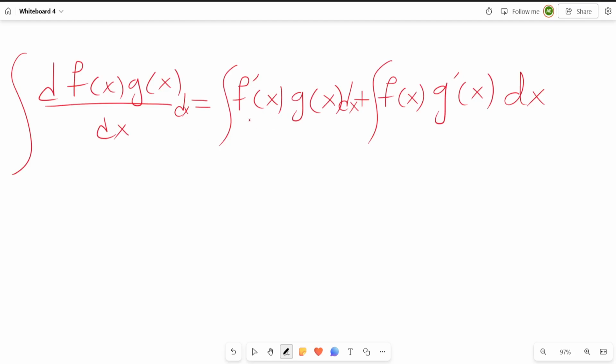So let's take each one and think about the integration. So the first one over here, integration of a differentiation, and we learned that integration and differentiation are opposite processes,